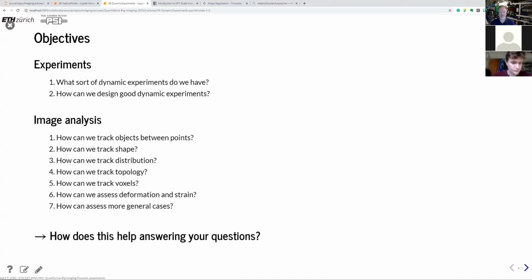And also, how can we follow different voxels? But actually, that is going down to a little more technical detail. Also, how can we see if there is a deformation or strain in the sample? And of course, in the end, how can we put this together into a more generalized framework? And now is a question how all these questions are going to answer your questions, and that's a question